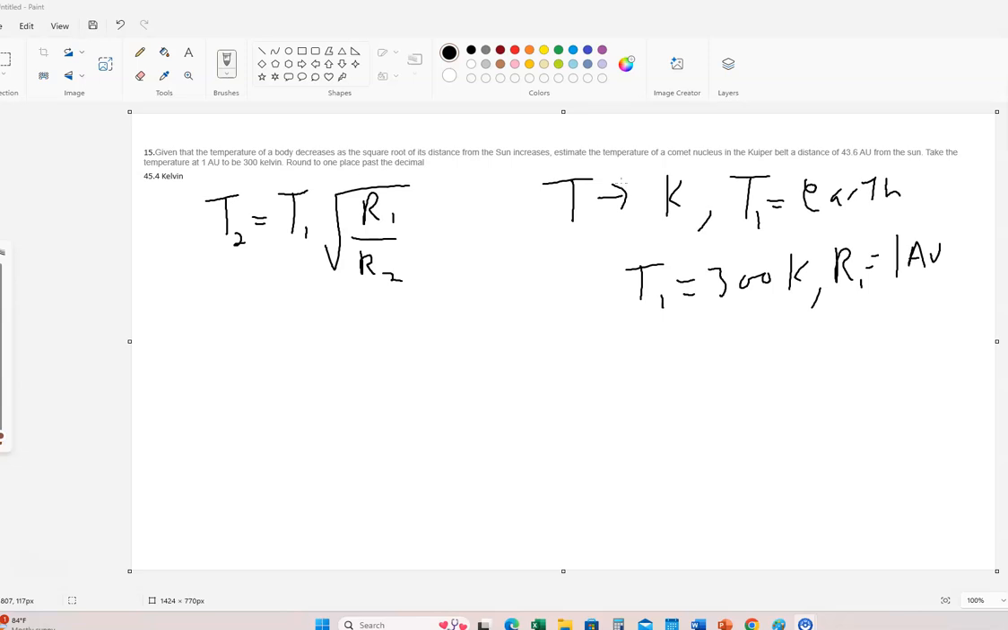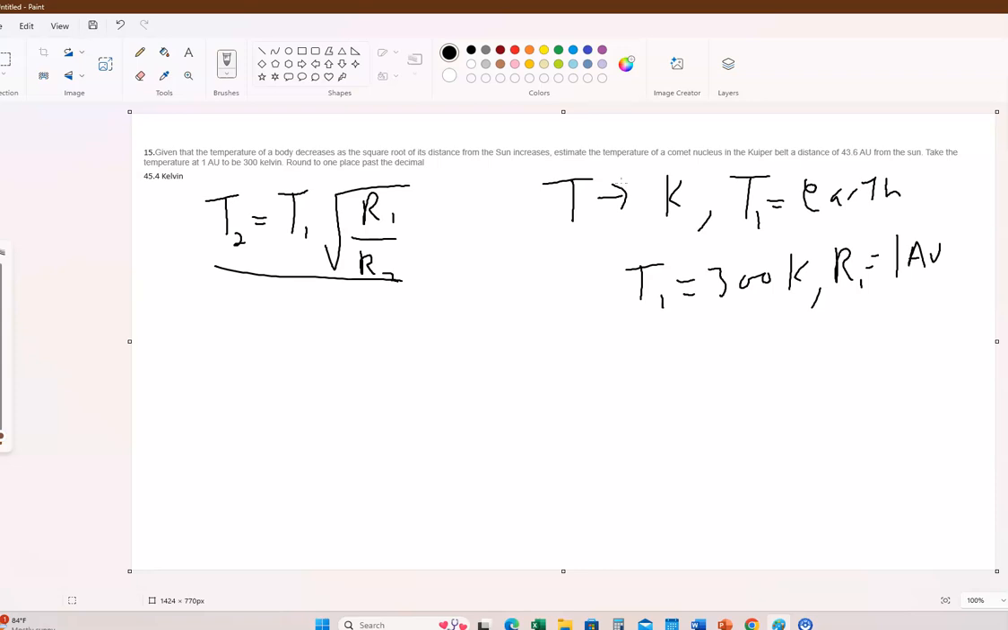All right, so here's the equation that we use. T2 is equal to T1 times the square root of R1 over R2. And of course, the temperature has to be in Kelvin. They give us that the temperature the Earth receives from the sun is 300 Kelvin, and R1 is, of course, 1 astronomical unit. All right, so let's put the numbers in. So T2, this is for this comet, is going to equal 300 Kelvin